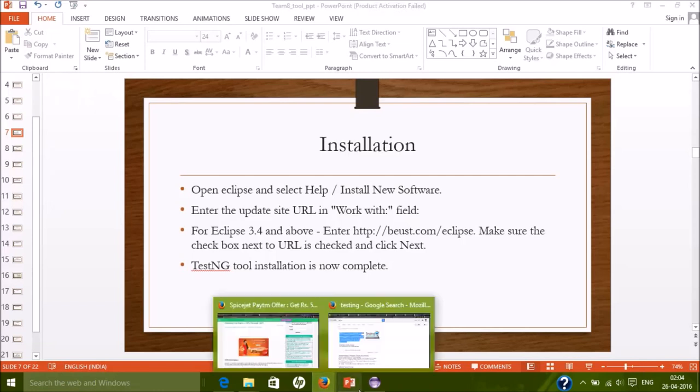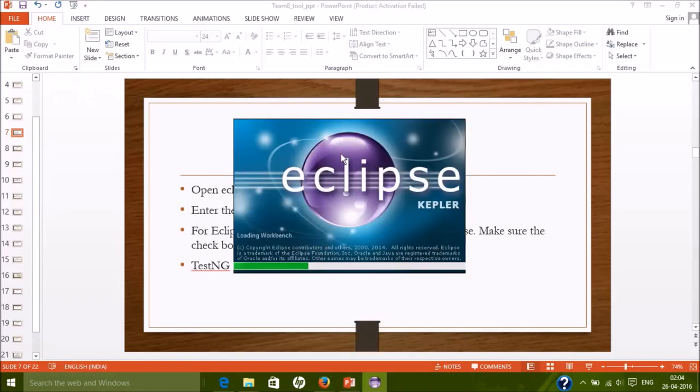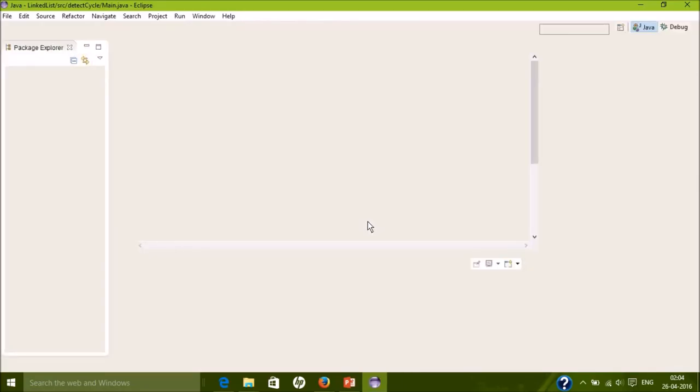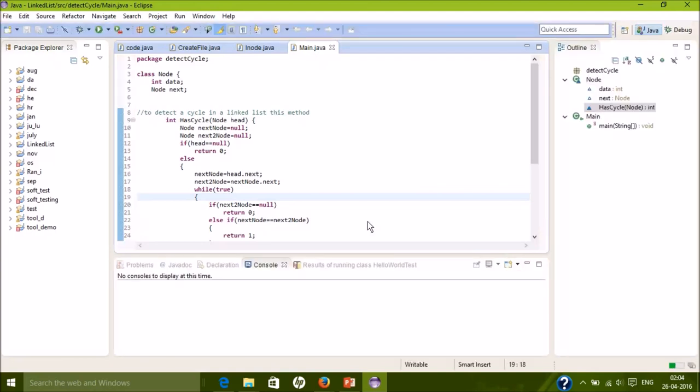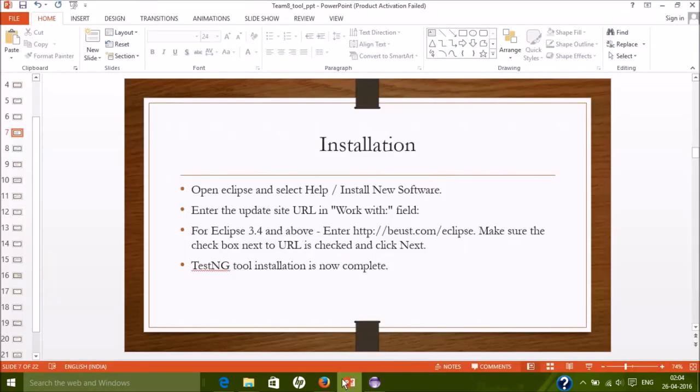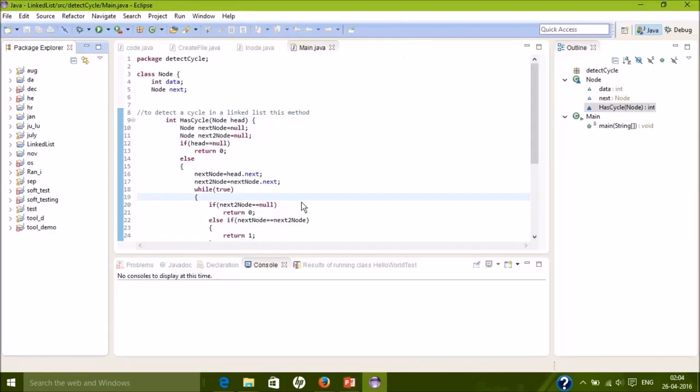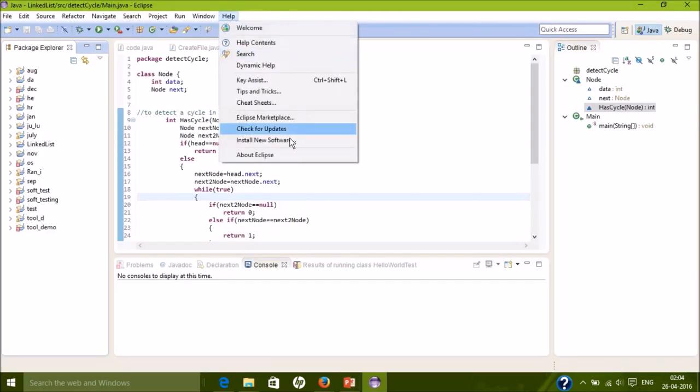So yeah, what you need to do is go into the help menu once Eclipse is open. Okay, we'll wait as my Eclipse is loading. Yeah, so finally it has loaded. So what you need to do is go to the help option, and there'll be an option of install new software.